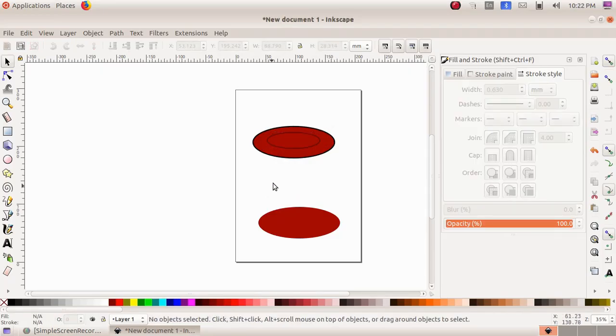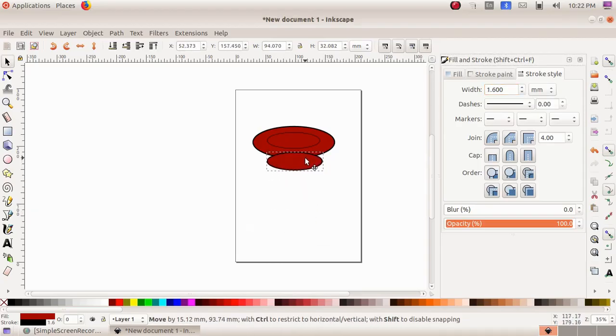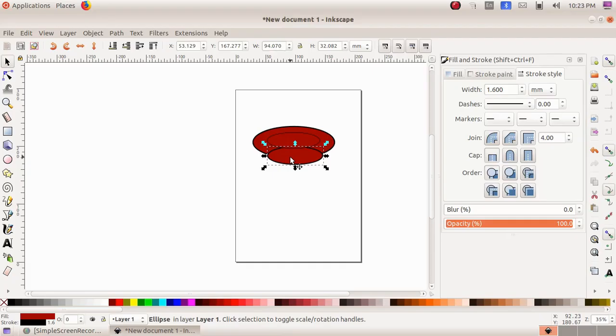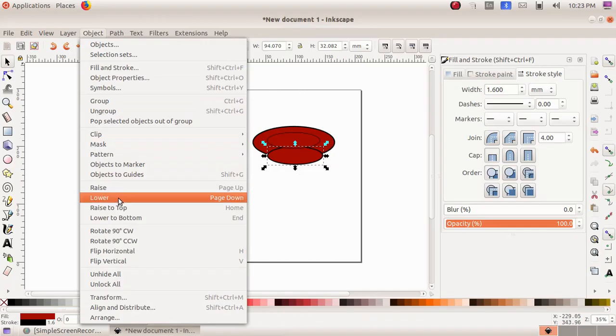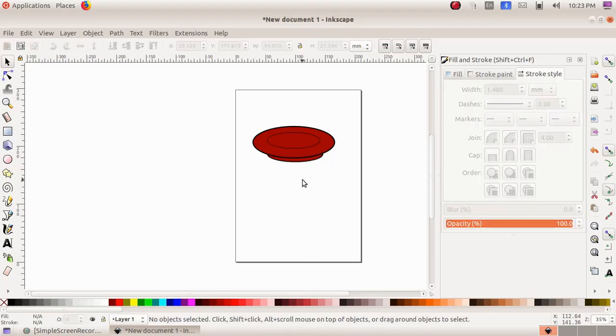And now I have to give a base for the saucer. So for that I am choosing this one, the last oval, and again here also I am increasing the stroke and making it smaller. I am adjusting and keeping it here, and I have to position it to the bottom. So I am choosing the option, Object menu, Lower, and again once more I have to choose Object menu, Lower. So now you can see the base of this saucer. The last oval became the base of my saucer.